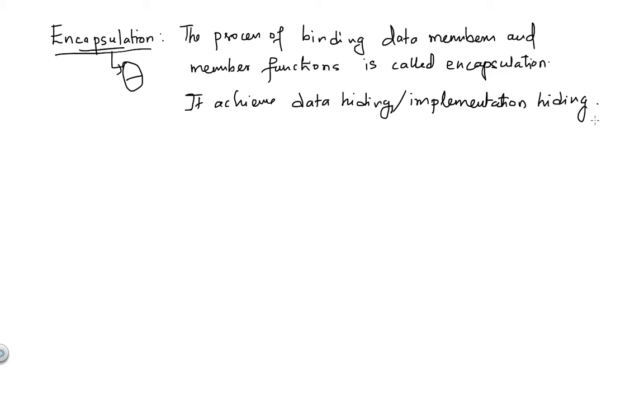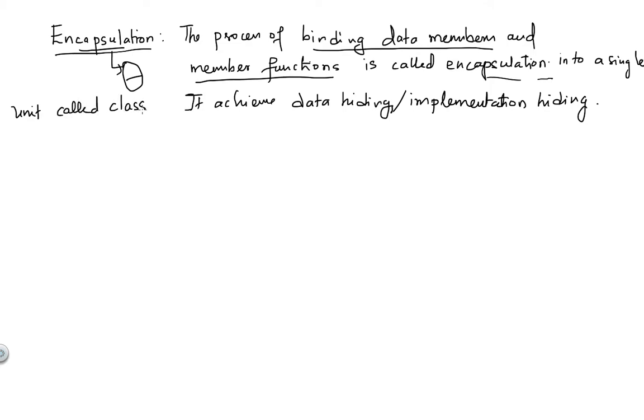Fine. Now let's see this definition and try to justify it. The process of binding data members and the member functions into a single unit called class is what is known as encapsulation. Okay, that extra you can add. Now let's see this. If I'm having a class called account, and in that account class I'm having, say, balance. So I'm going to make this balance private,